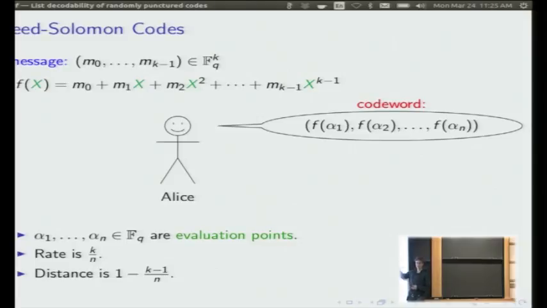Alice wants to send k symbols. She ends up sending n symbols. And it's not hard to see that the distance is 1 minus (k minus 1) over n, simply because any two polynomials of degree k minus 1 can agree in at most k minus 1 places. Okay. So Reed-Solomon codes are old and celebrated and have been studied for a very long time and are used